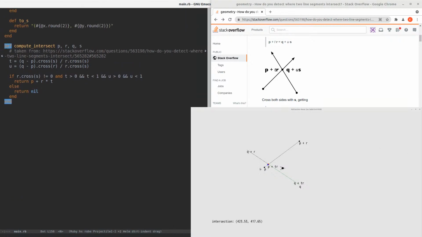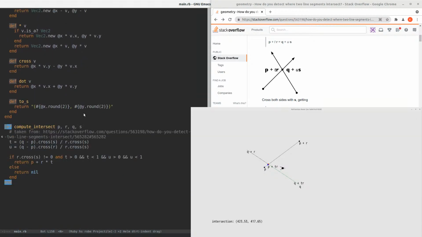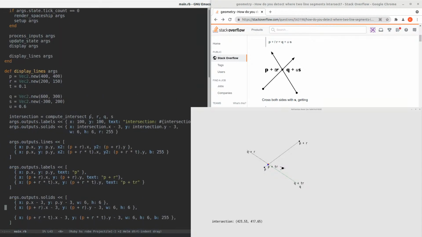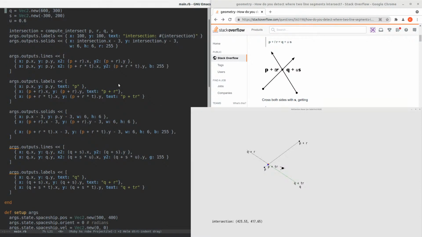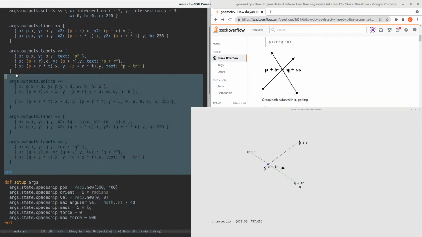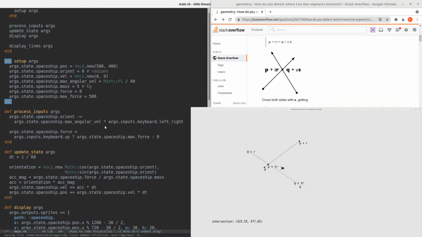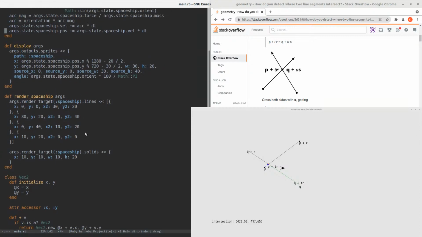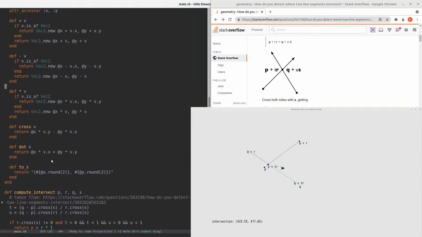Cool. Okay, so now we have our intersection point, and as we're driving around, let's say we want to compute our intersection between this and a polygon. So why don't we create a polygon class, which is going to be just an array of points, and then we'll have a little display function where we just have the lines around it. I'm going to get rid of this thing since I figure we don't need it. Clean that up a little bit. I have it elsewhere anyway. So below here, we will add a polygon